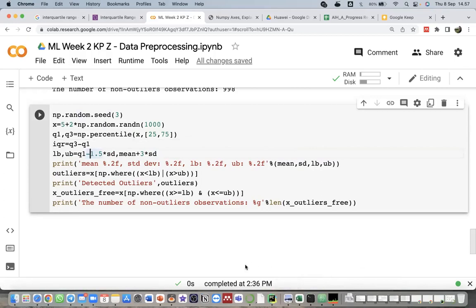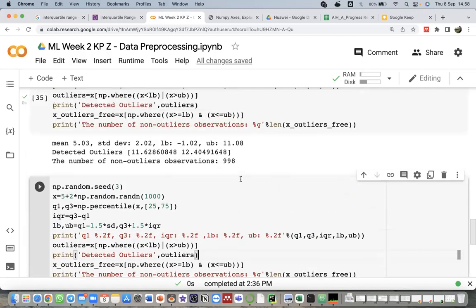Then this one is Q3 plus 1.5 times IQR. Then we change this value to Q1, this one is Q3, and we put the other values here, IQR. Then this one we change to Q1, Q3, and IQR.